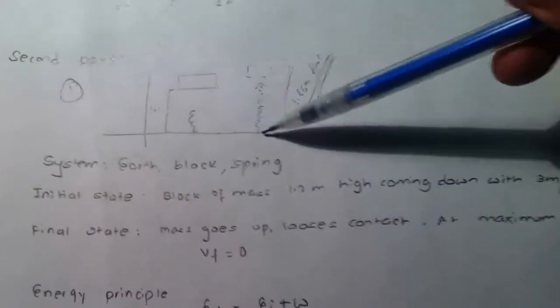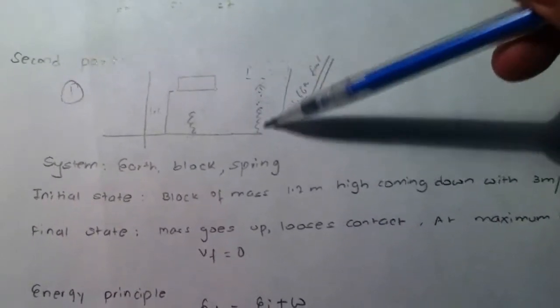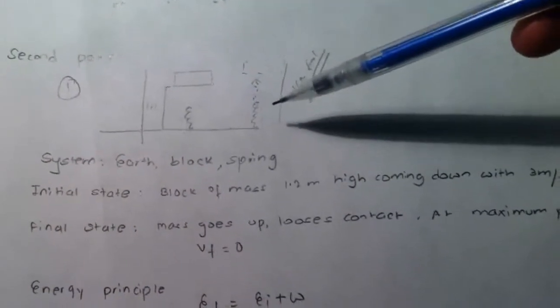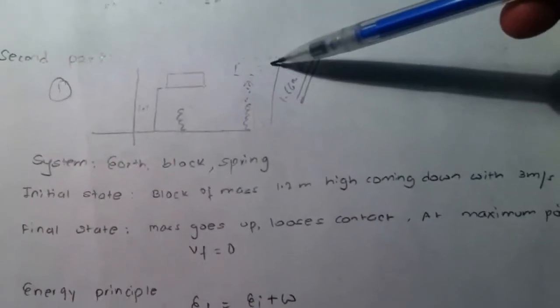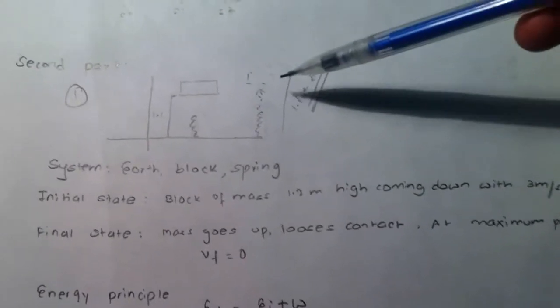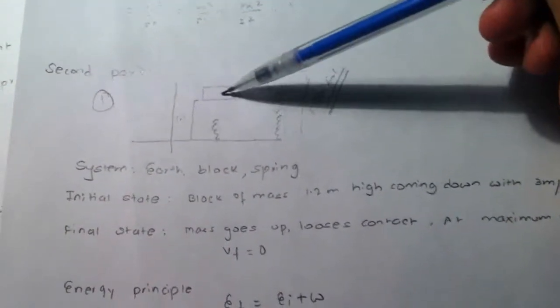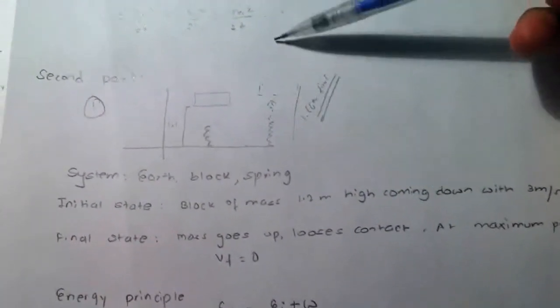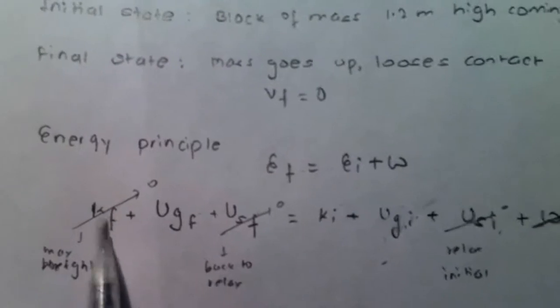What does that mean? That means the final potential energy due to the spring will be 0, because there will be no displacement. Also, at the maximum height, the box is at rest for a while. That tells us that the final velocity will be 0. Taking that into consideration, our system will be the same as before. Our initial state is the block on the top, and the final state is the block further on the top after leaving the spring. In our energy principle, we write exactly the same thing as before,